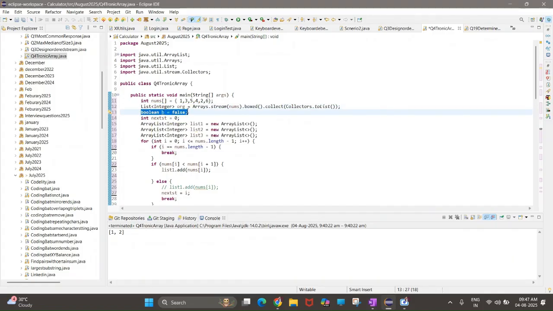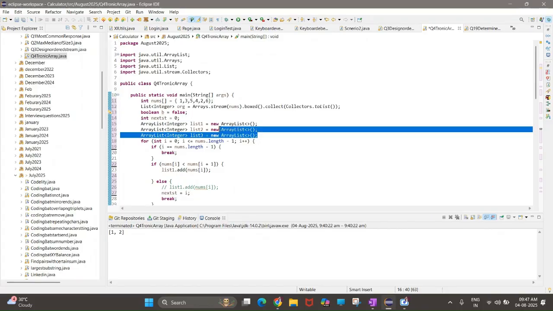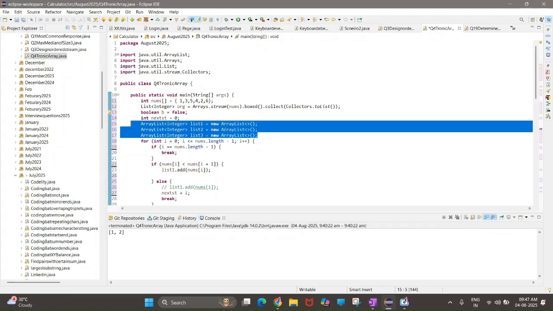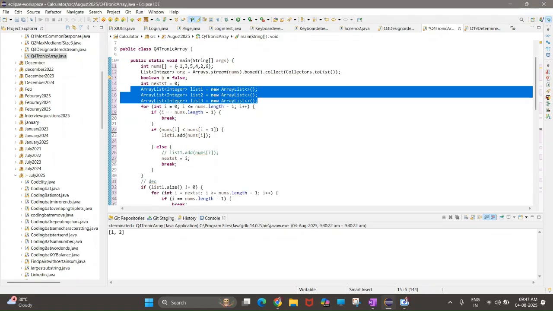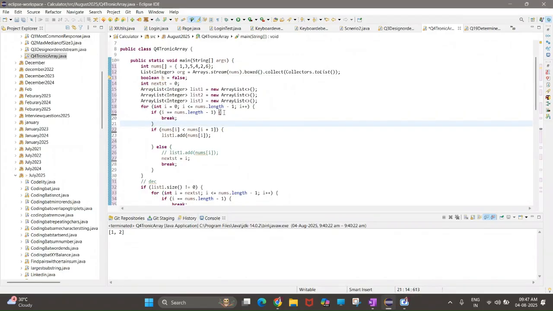Initially I have taken boolean b equal to false. Next, an int called next for the indices I have taken. Three lists I have taken for strictly increasing, decreasing and increasing. So first we will check increasing. Starting from this, with array index out of bound prevention, if nums of I is less than nums of I plus 1, yes, we will store in the list